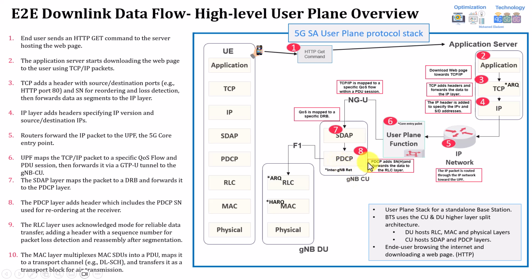And then moving forward, once the data moves from the SDAP layer to the PDCP layer in the downlink direction, you can see that PDCP will be adding a header on top of this data, which is coming from the upper layers. The most important thing for now to know is that the header is related to the sequence number, which is used, for example, as mentioned here in point number 8, for reordering at the receiver side.